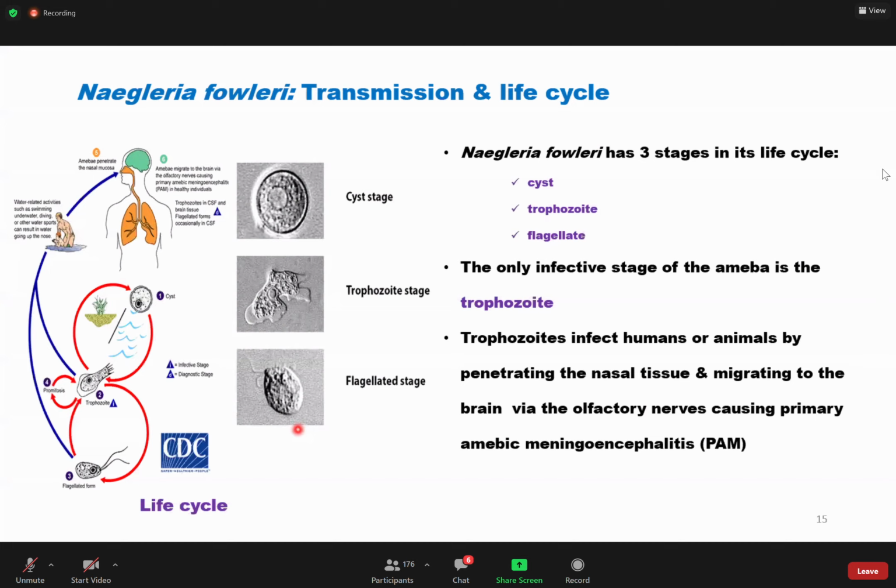Now, apart from swimming in lakes, this organism has also been associated with the tank water supply in some mosques in certain areas of Pakistan. There was a report, I think about a year or two ago, of people who went to pray in the mosque and came down with this condition, and it was traced to the overhead tank that was supplying water for ablution in that mosque. And Dr. Atif told me that there have been reports of cases in the eastern region in Saudi Arabia. So this is an important organism that you should really know about.